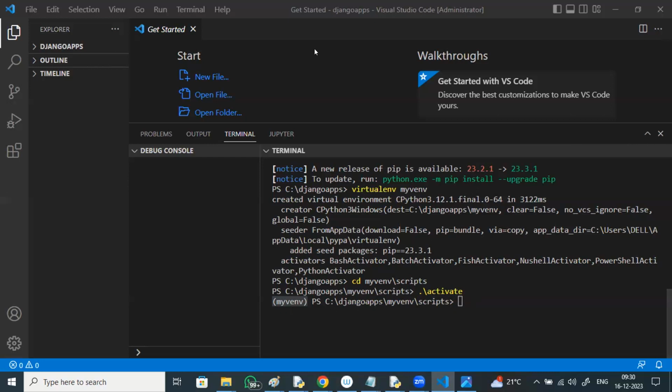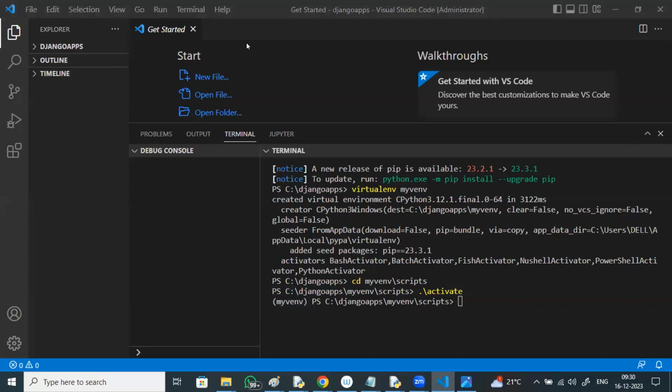Everyone got this? Hello? Yes, sir. You change your directory to my virtual env /scripts. Then you will get this entire path. In this path, activate is available, right? That /activate. Anyone getting any script error?